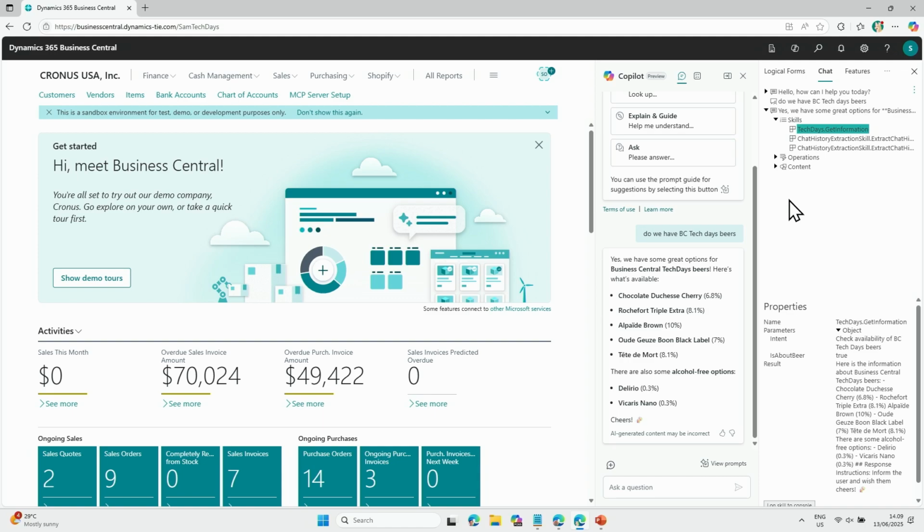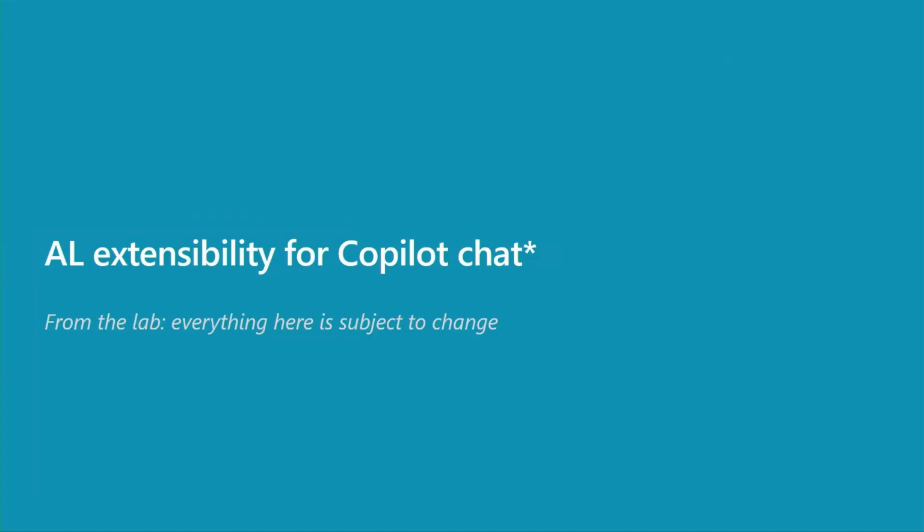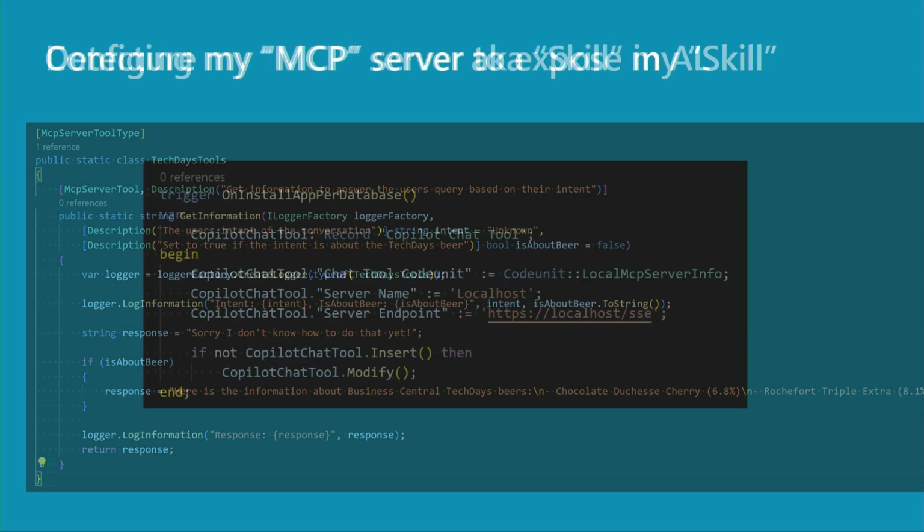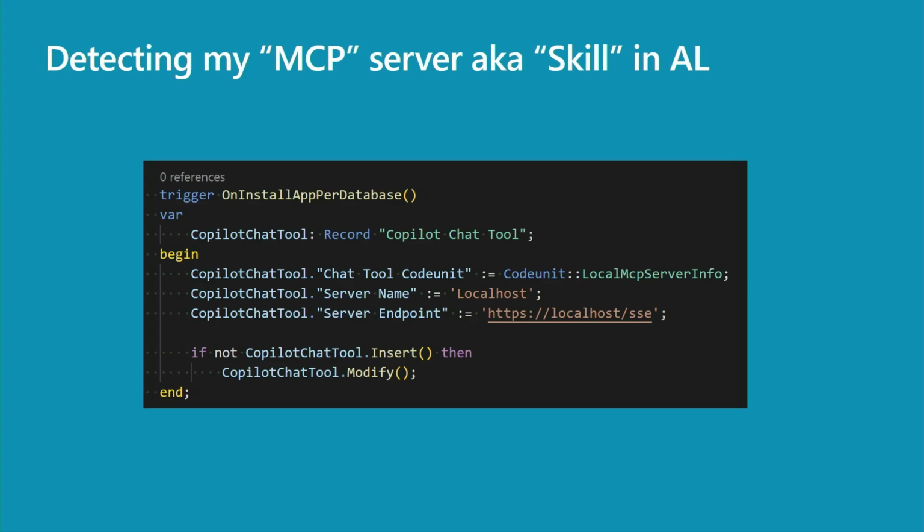Now, how did it all work? If I go back to the presentation, somewhere behind the scenes, we configure a small MCP server, which basically describes, I can help with that type of questions, call me, we call it, it provides all the feedback back. In this list, it's just a kind of hard-coded list of beers, but it can be any kind of integration or information from here. And then somewhere in AL, we can say, hey, we have this new definition of the skill, which is coming from my ISV solution or somewhere else, and now it's part of our platform. We know about the skills, we can call it, and it just works.